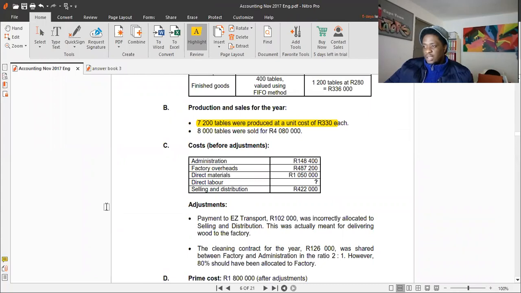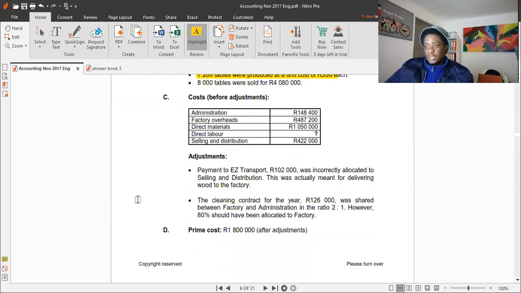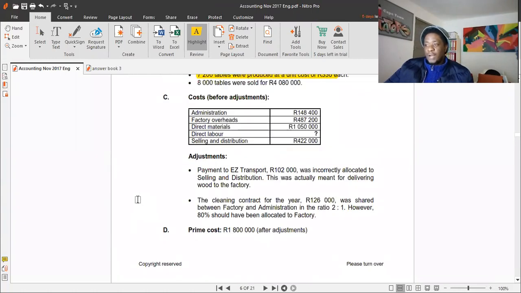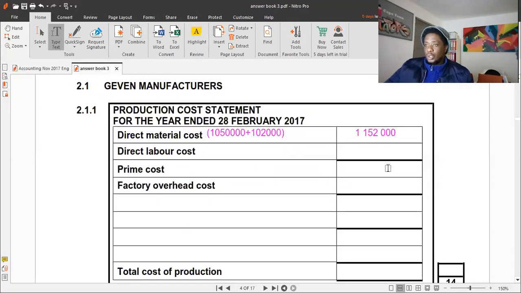The cleaning of the factory equipment is to do with factory overhead. At the moment, I'm trying to find direct labor cost. For direct labor cost, they've given us a question mark, so we're going to have to find a way to calculate it. They gave us additional information and said that prime cost after the adjustments have been made is 1.8 million. So we're going to go to prime cost